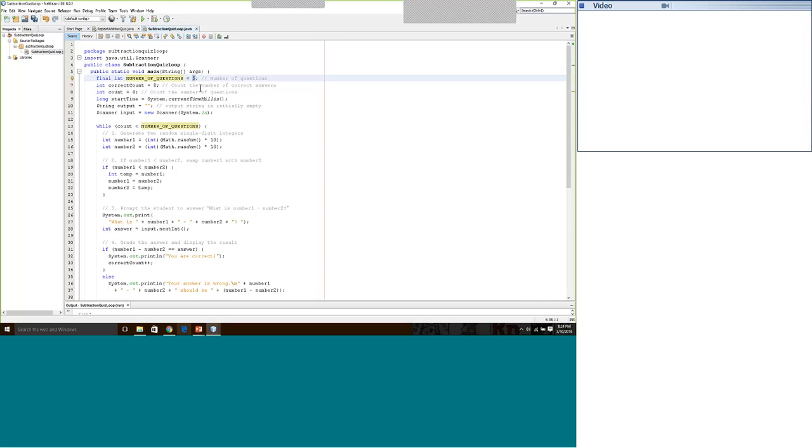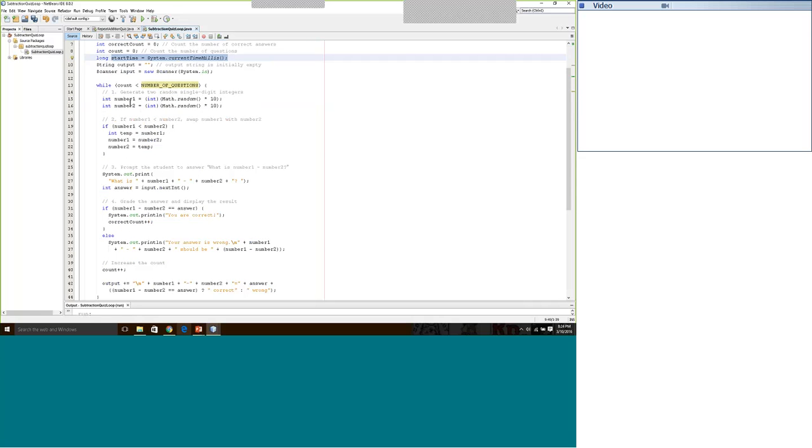And now we have some other variables that are getting declared and initialized. We got correct count set to 0, count set to 0, and here we have the start time is going to be equal to the current time in milliseconds. At the point that this statement gets executed, the start time gets captured. We are also declaring a string variable called output initialized to the null string. A double quote followed by a double quote is the null string, an empty string. Now we use our scanner